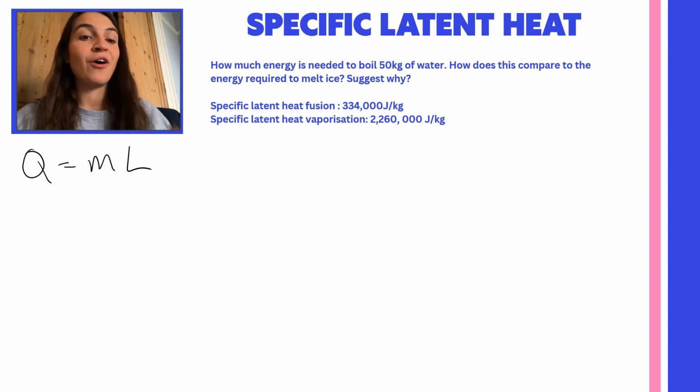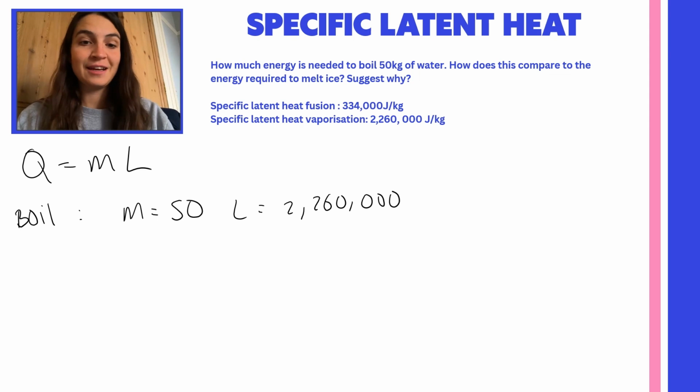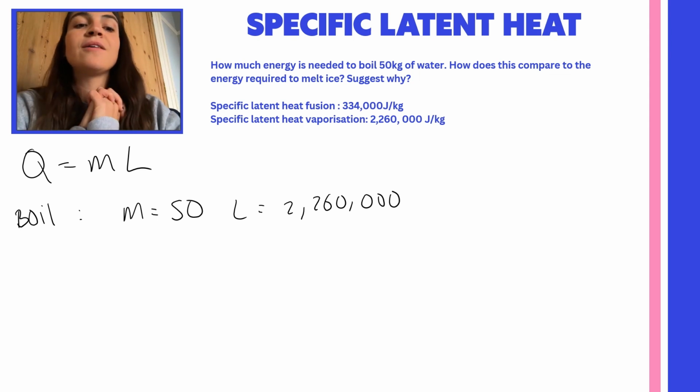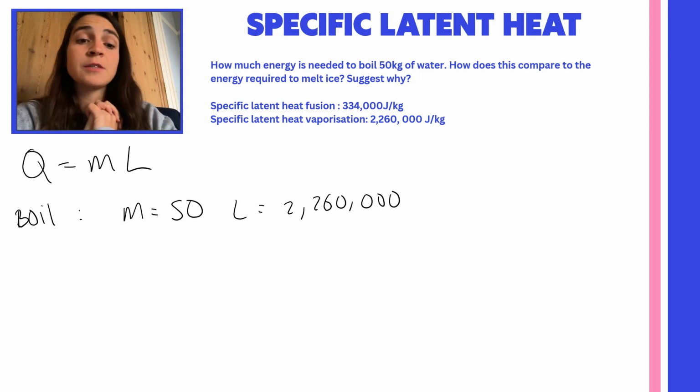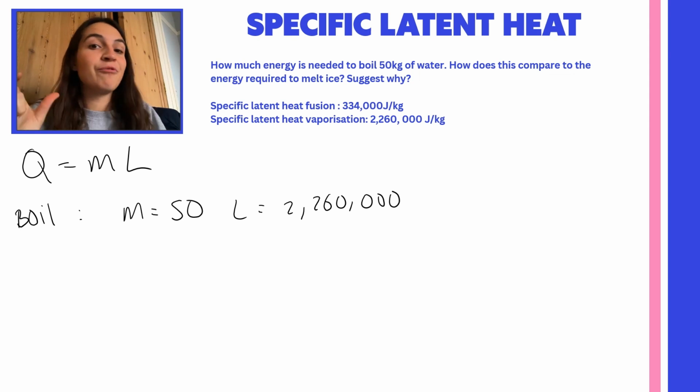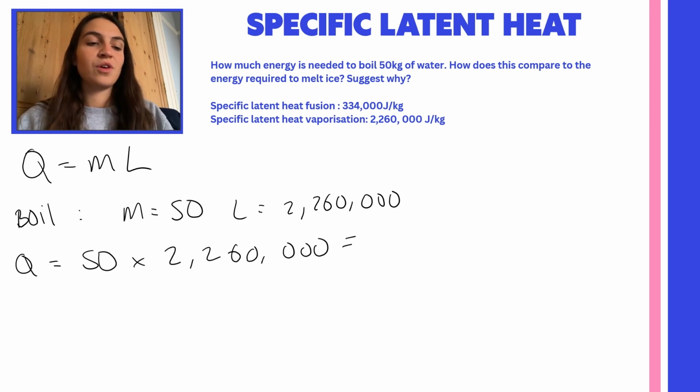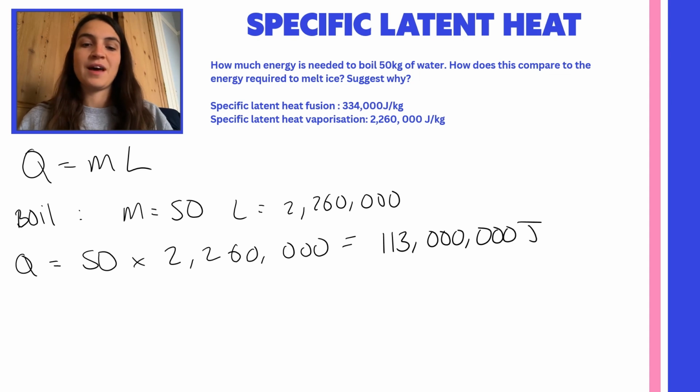We have our mass being 50 kilograms, and our L, well, because it's boiling, it's a specific latent heat of vaporization, the idea of vapor there going from liquid to gas. So that is 2,260,000 joules per kilogram. So your energy is 50 multiplied by that gives you